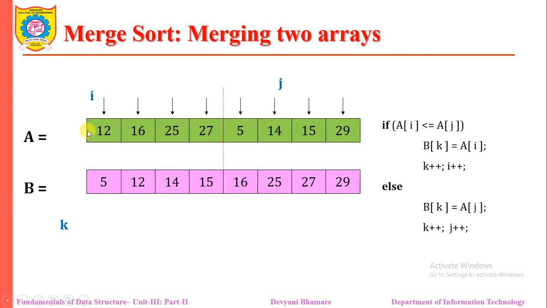It can happen that there is only one element remaining in the merge. In this case, 12 and 5 are compared. So 5 is copied. And now 12 and 14 are there. Now 12 is copied. Right? There are no more elements in this part, means this array part is over. So all the remaining elements will be copied as they are into the resultant array. So this is the logic of performing the merging of two arrays.